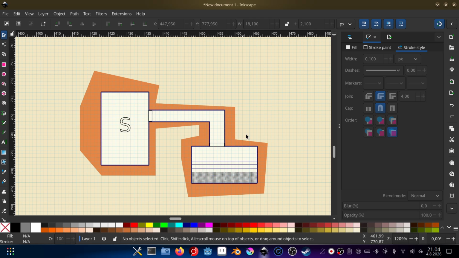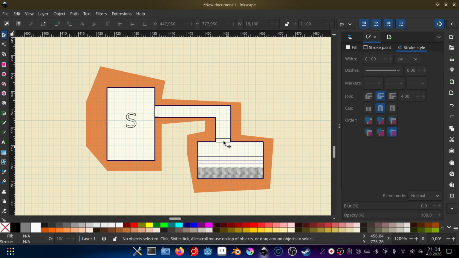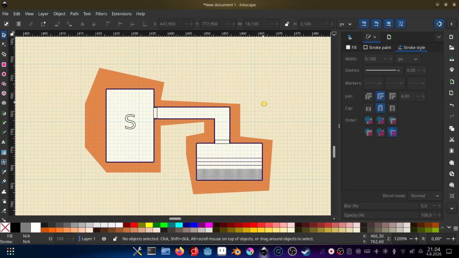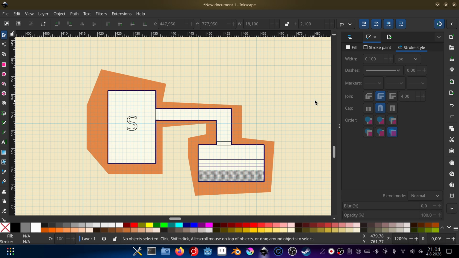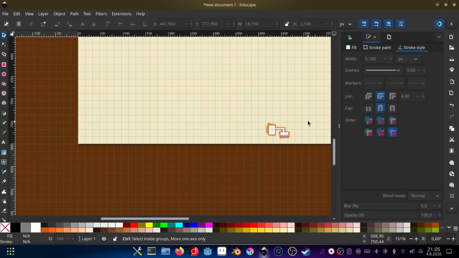You know, or something better. This is just very rudimentary. I'm still just learning how to do this in a vector graphics program, so this is probably not the best way to do it, but